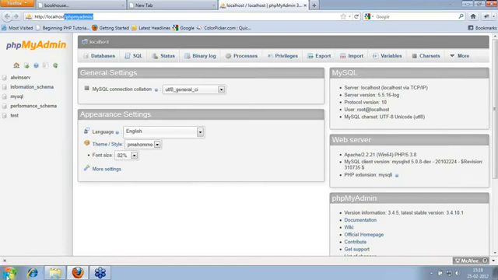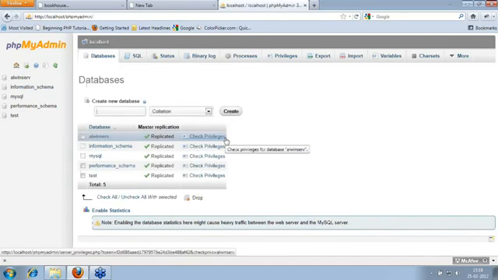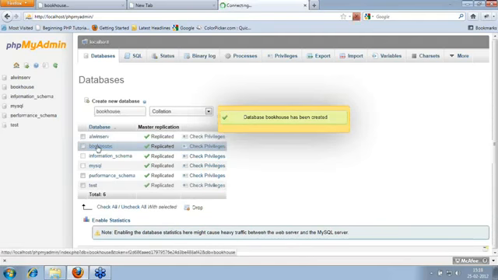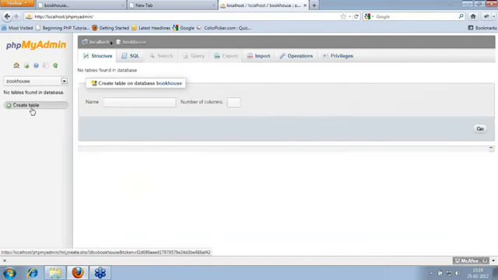It's very easy to create a database here. So I'll create my database. I'll click on databases, which allows me to create a database. I'll give the database name as book house right now. Okay, now it has created a database called book house. This is just a plain database. First I need to create a table.